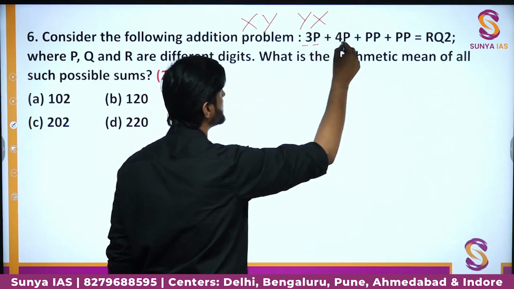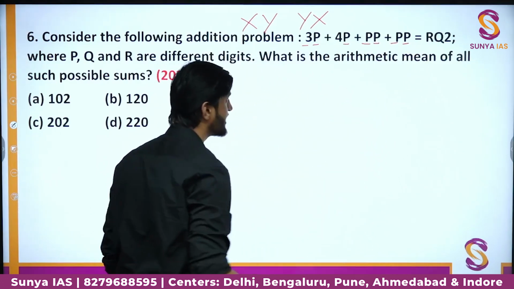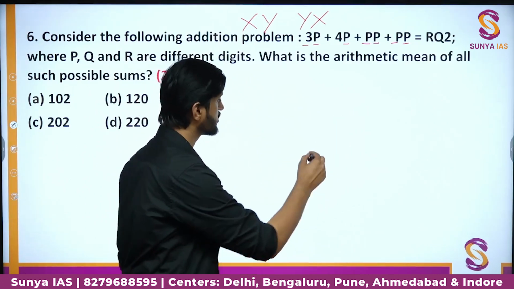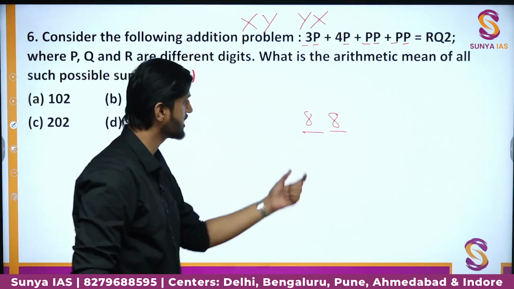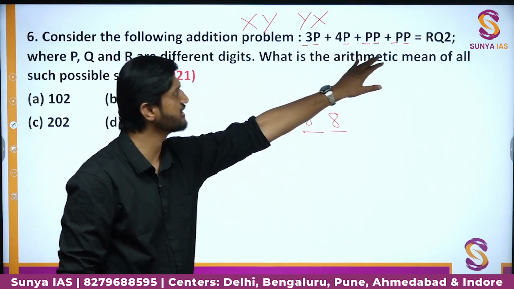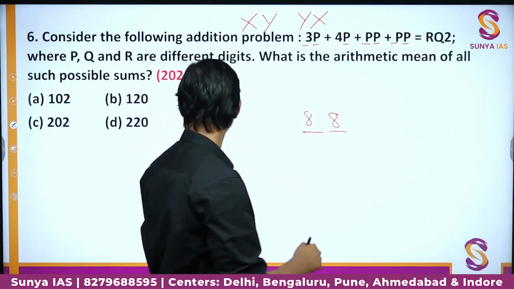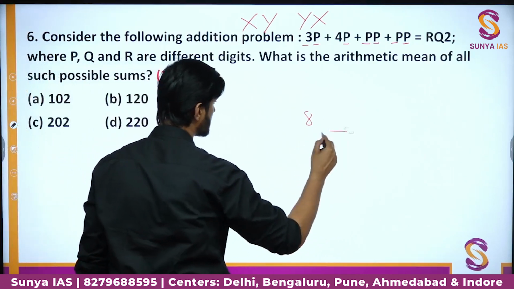Similarly here the P is a digit. So when you see PP, that basically means the same digit is repeated twice. For example, 88: here you have two digits which are the same, 8 and 8. Same thing is there when P is written, or here R and Q, all of them are some kind of digits, right? So on that note we have to discuss this particular question.